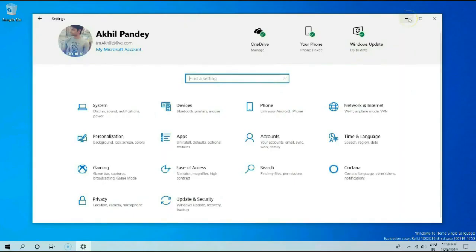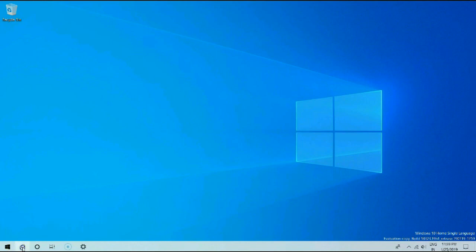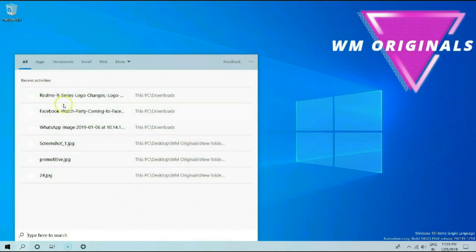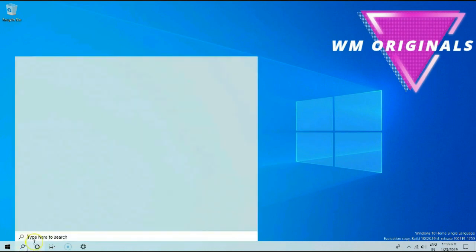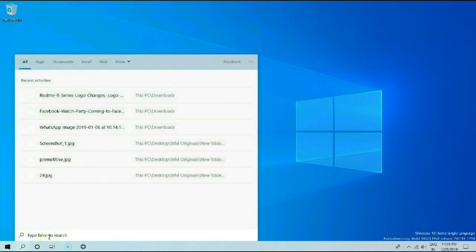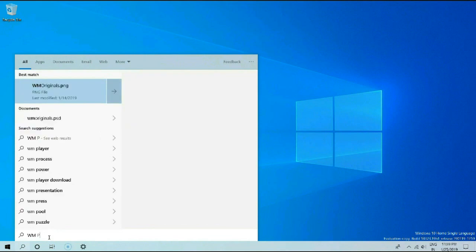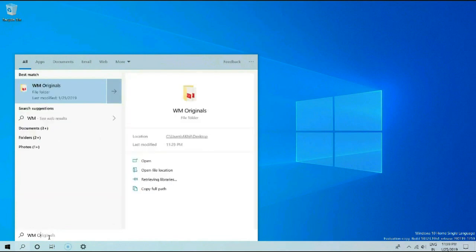Now let's talk about the most talked about change, Cortana and search separation. Yes, coming through this build, we see Cortana and search separated from each other. Well, Cortana is still available on the left corner alongside the search option. The search provides an option to search for files, contacts or even a web search can be performed from here. As I search for WM Originals, it comes up with files or folders I have named as WM Originals or contacts in my list, as well as web search options.